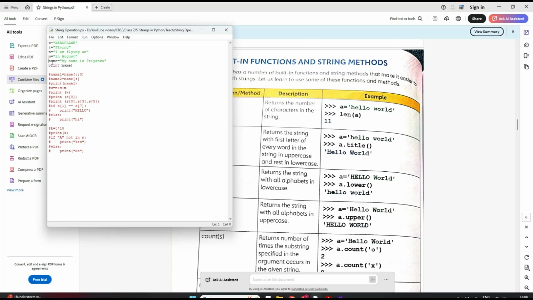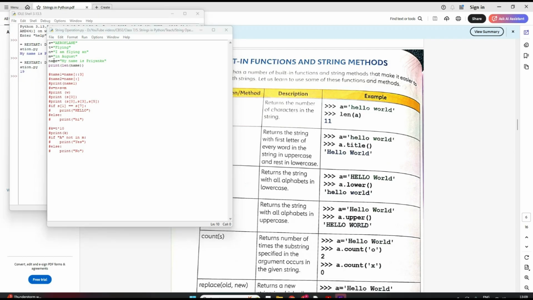Now let's see, here I have a string name. I want to find the length of this string, so let's see how we can do that. Name is one of the strings for me, and I want to print its length. Very simple, I'll write print len of name.